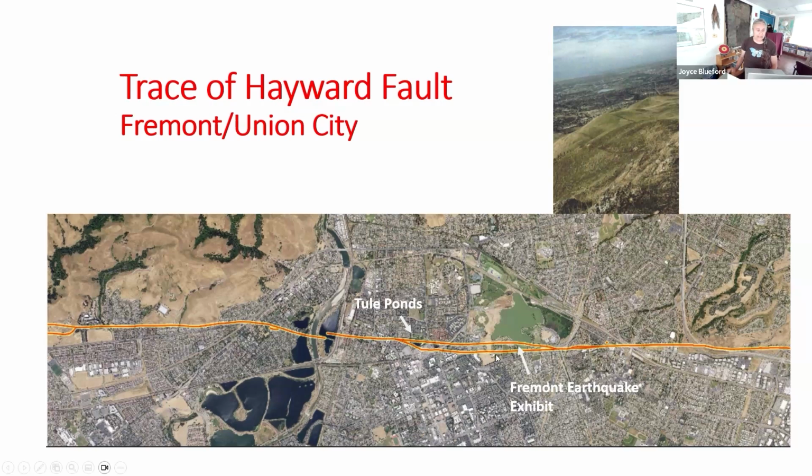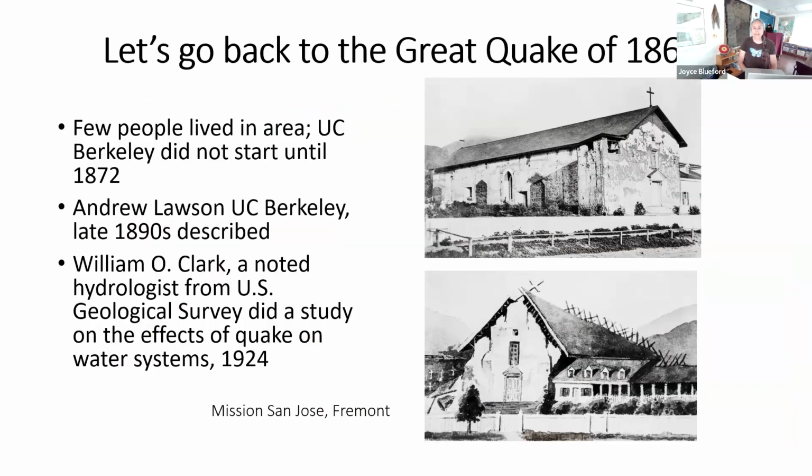Now notice when you look at it close, it's not a straight line, and I want you to recognize it is not a straight line. And we have homes that have been built on the Hayward Fault. We have lakes that have been offset by the Hayward Fault, and we have roadways that have been offset by the Hayward Fault. And so I want to talk about a very important earthquake, and that was in 1868 on